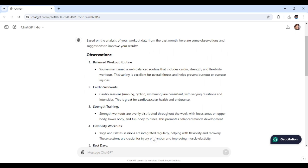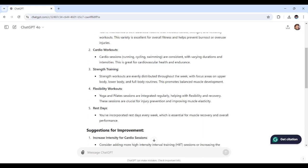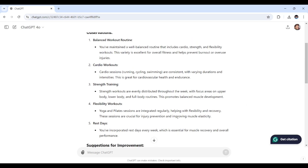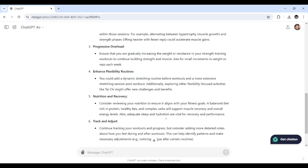So as you can see, here are the following observations and suggestions. Let's say cardio workouts are consistent. It says you've incorporated rest days every week, yada, yada, yada. Yeah, quite positive feedback, I must say. And there are suggestions for improvements right here, like enhanced flexibility routines, vary strength training focus, and so on and